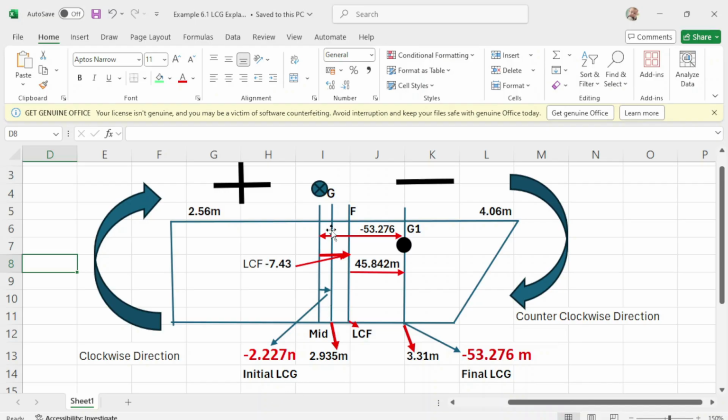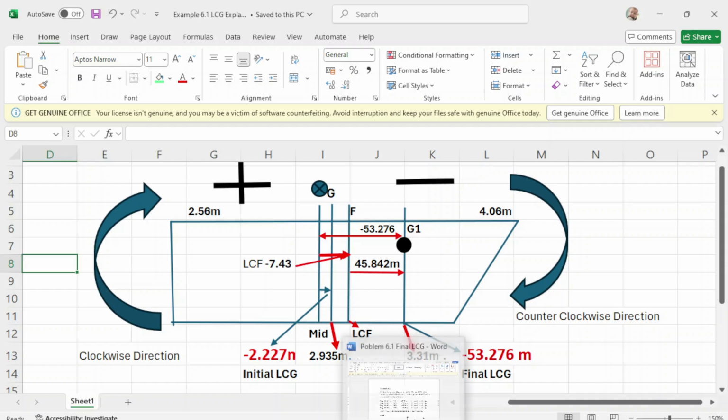So this is the G now. The center of gravity of the vessel has moved a little bit forward, because you have the LCG of negative 2.27, and the draft is 2.935. Okay, I hope that's clear. This is the small arrow here.